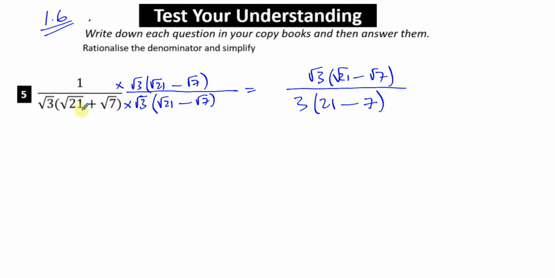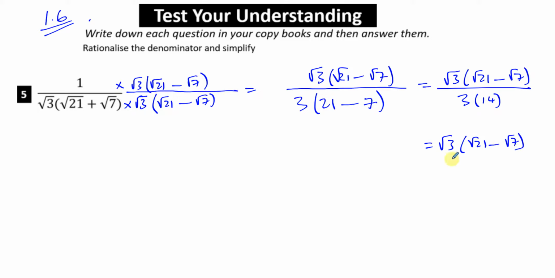Okay, because the middle term here, when you multiply root 21 by minus root 7 and root 7 by root 21, they will cancel out. So this gives you root 3 times root 21 minus root 7 over 3 times 14, which gives you root 3 times root 21 minus root 7 over 42. Now, I left the answer like that, which is perfectly fine to do